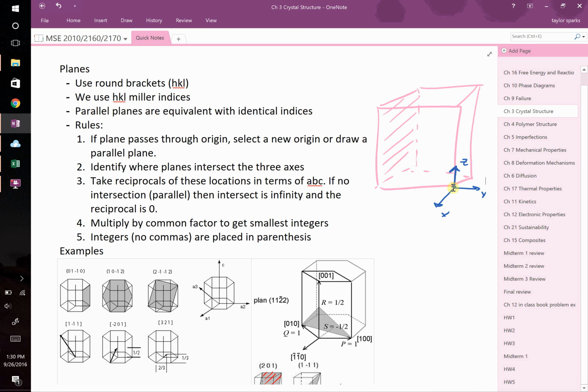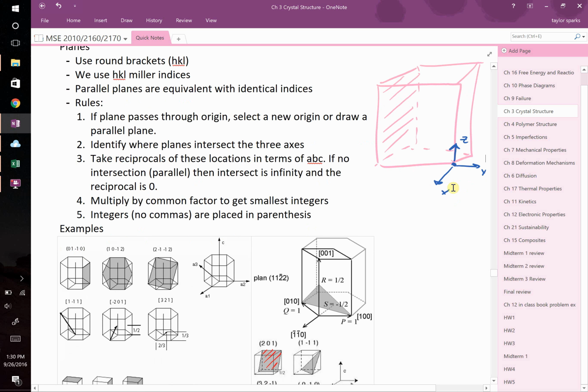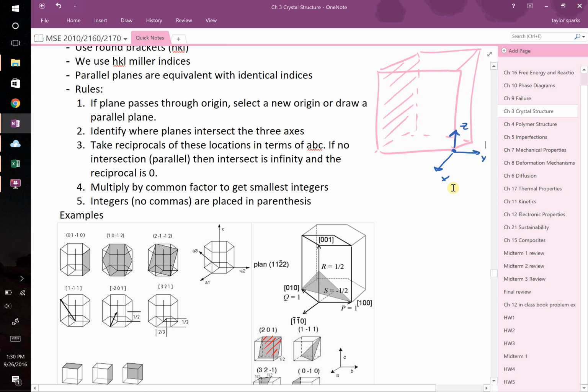Oh, actually, the way I drew this, it's wrong. I said that wrong right there. So we see it intersects x, never. It runs parallel to the x-plane. It's never going to intersect it. It's never going to intersect the z because it's running parallel to that. But it's running perpendicular to the y, and it intersects it at -1, right? So far we have it intersects at infinity along the x, -1 on the y, and infinity on the